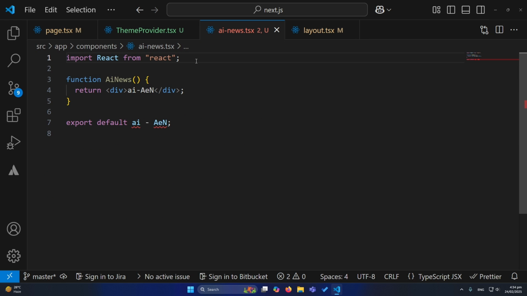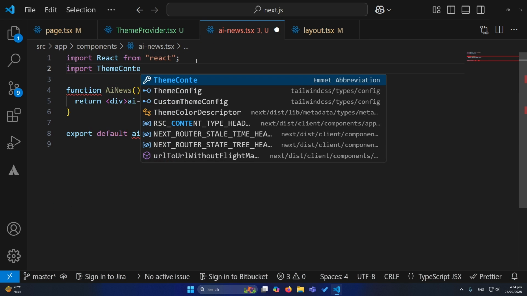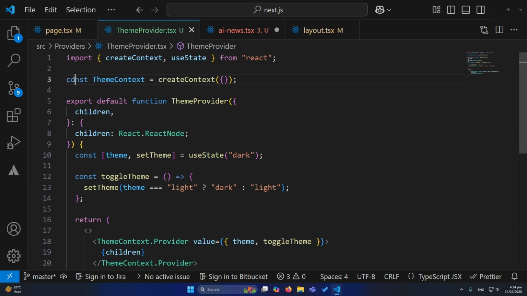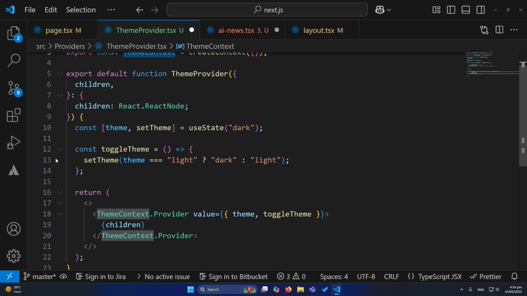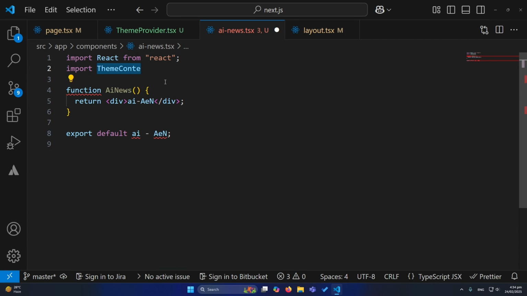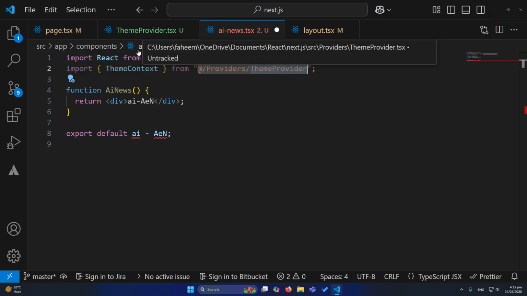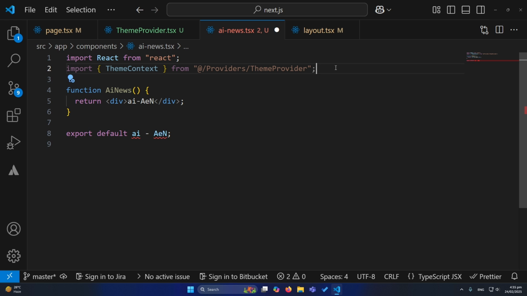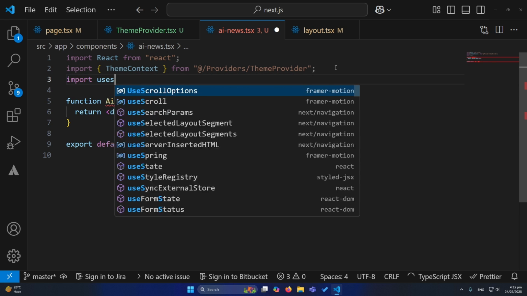So first of all you need to import the theme context. Okay, so obviously we also need to export this. Okay, so this is a theme context that we have created here. We also need to export this, and inside this I will import this. So I will type here theme context. So we have imported this from our theme provider component, and now we also need a hook,